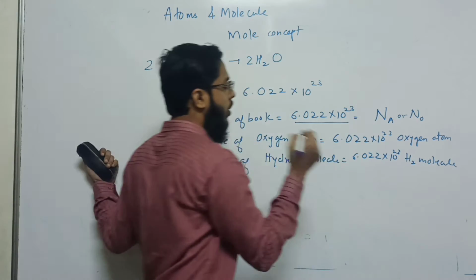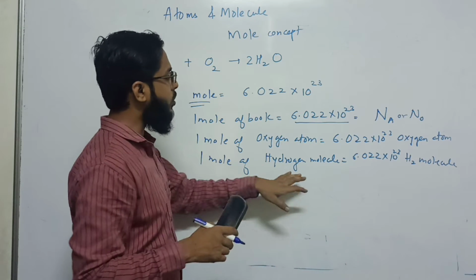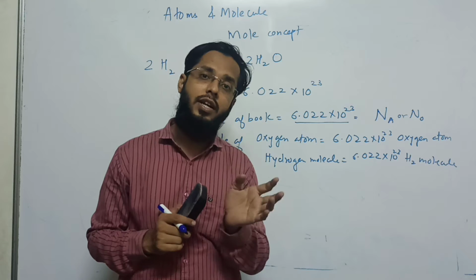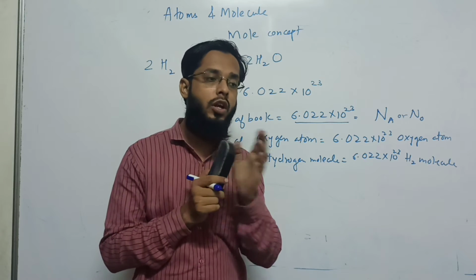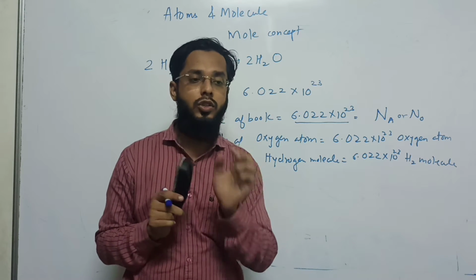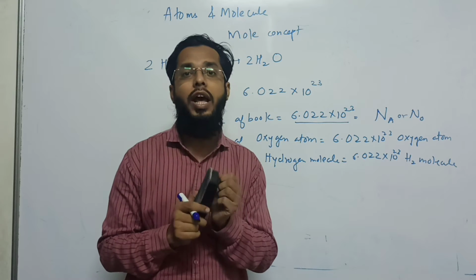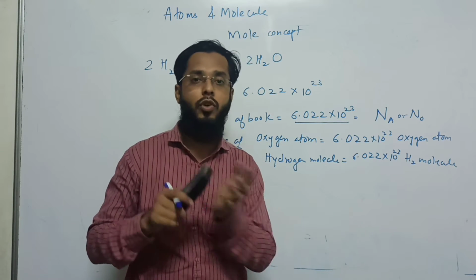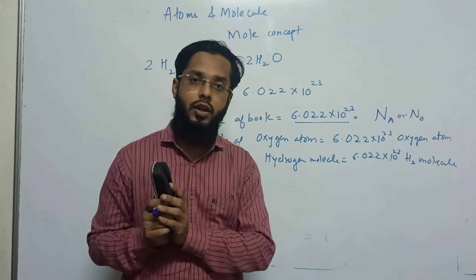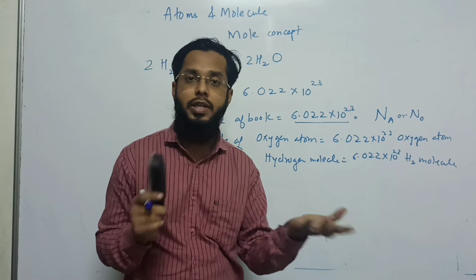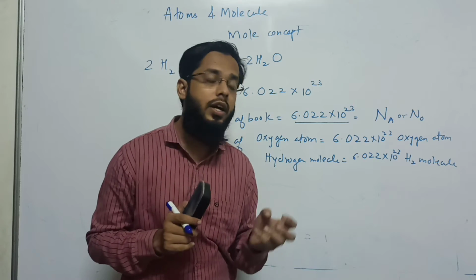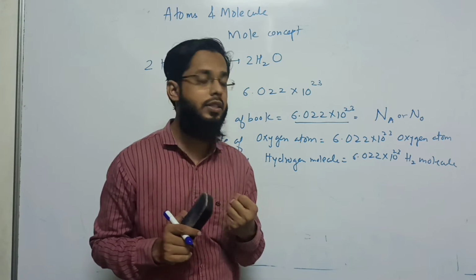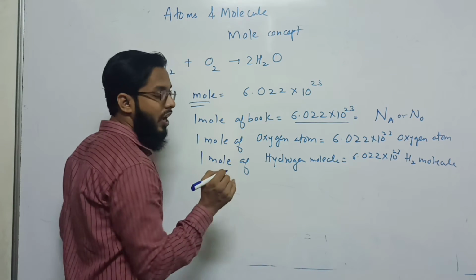Now I am talking about the advantage of 1 mole. It is not just a number, like a dozen is 12. For example, 1 dozen bananas will not have a fixed mass. Sometimes the mass of one dozen bananas is different from another dozen, because bananas can be small or large. But one mole is not only a number; it also has an advantage. One mole will always have a fixed mass.